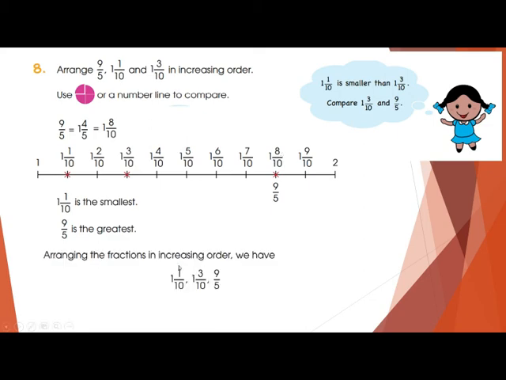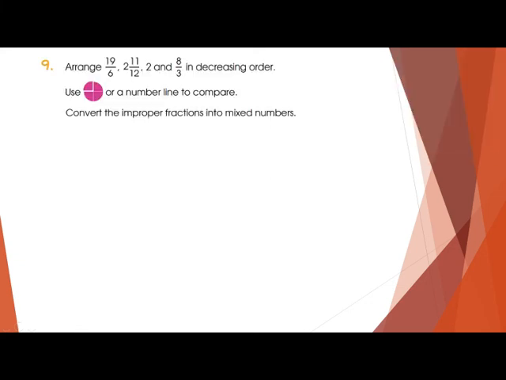How can you arrange these answers in the increasing order? 1 whole 1 upon 10 first, then you write 1 whole 3 upon 10, then you write 9 upon 5, which is already in the form of a fraction, or even you can write 1 whole 8 upon 10. Okay, now move to the last question, which is: arrange 19 upon 6,